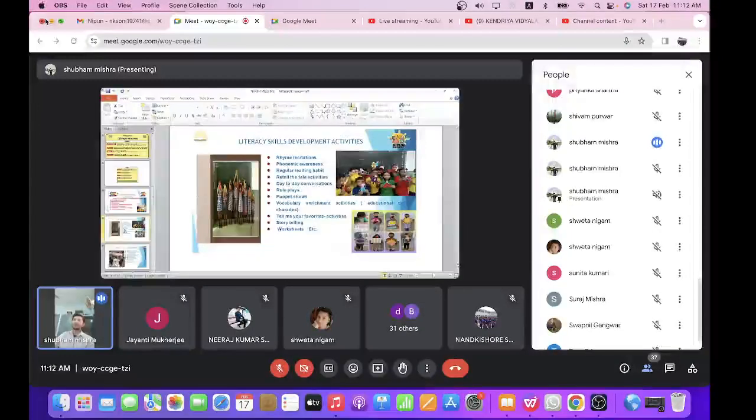In literacy skill development activities, there are so many activities we do, like rhyme recitation, we do extempore poetry recitation. Students are encouraged to do this type of activity. Phonic awareness भी हम कराते हैं, लाइक कि साउंड जो होती है हमारी इंग्लिश में, ए को हम कैसे प्रोनाउंस करते हैं, इस तरीके से हम सिखाते हैं बच्चों को। बच्चे खुद इनकरेज होकर बोलते हैं, सीखते हैं।